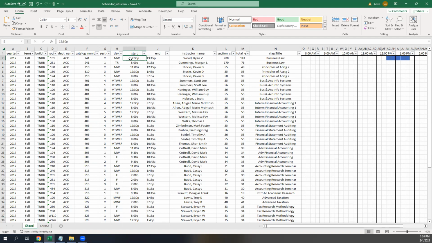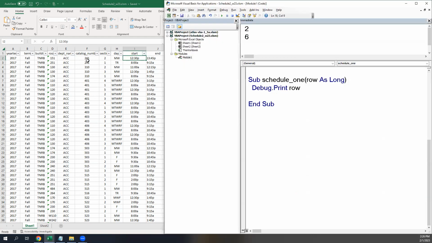So let's start by pulling out what's the start hour and what's the start minute from this. This is in column I. Interesting. Okay, so maybe I'll start by saying, instead of printing that row, let me print cells, row number row, column number I. Now, I is the 9th letter of the alphabet. So I can do that. I want to print the value of that. And so if I run my code now,